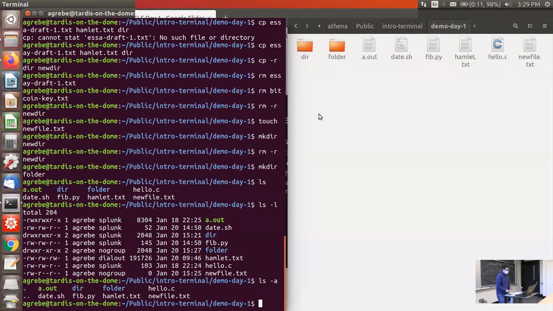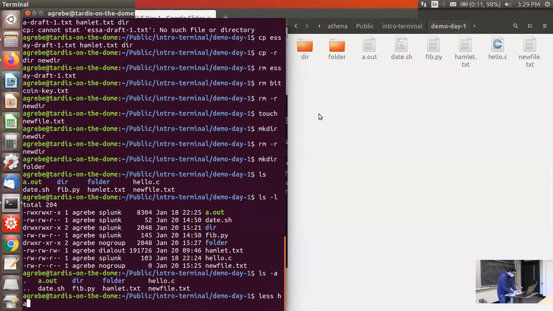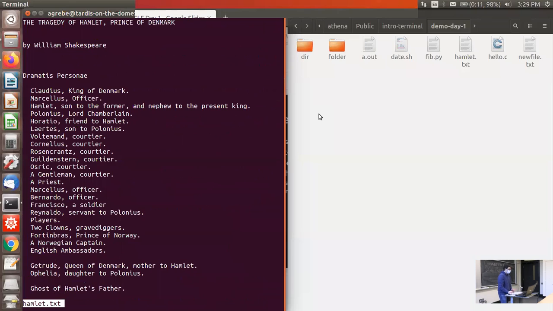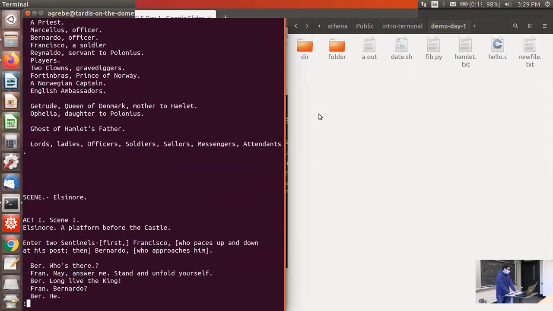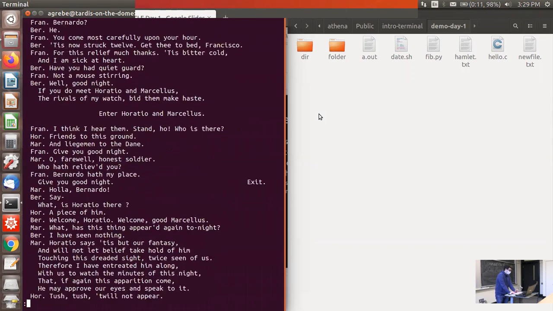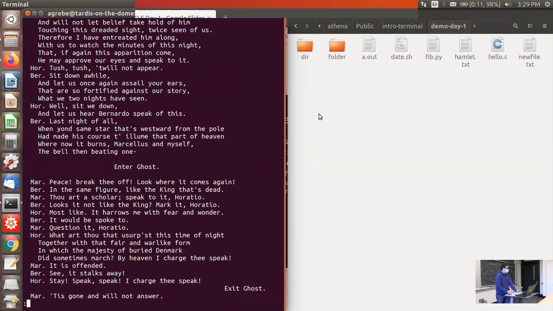What you can do is type less and then Hamlet.txt. This pops it up in the same shell you were in, and you can scroll along using J to go down and K to go up, or you can just use the arrow keys. Now you can read Hamlet as you would, and to exit the file once you're ready, you just press Q.